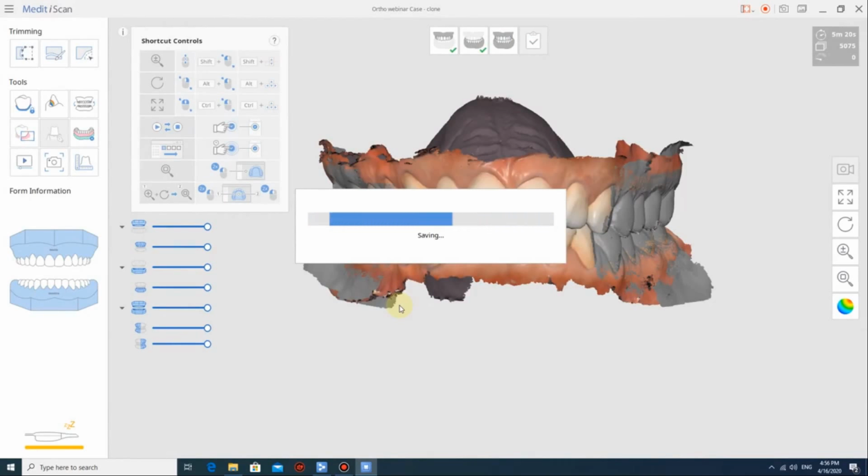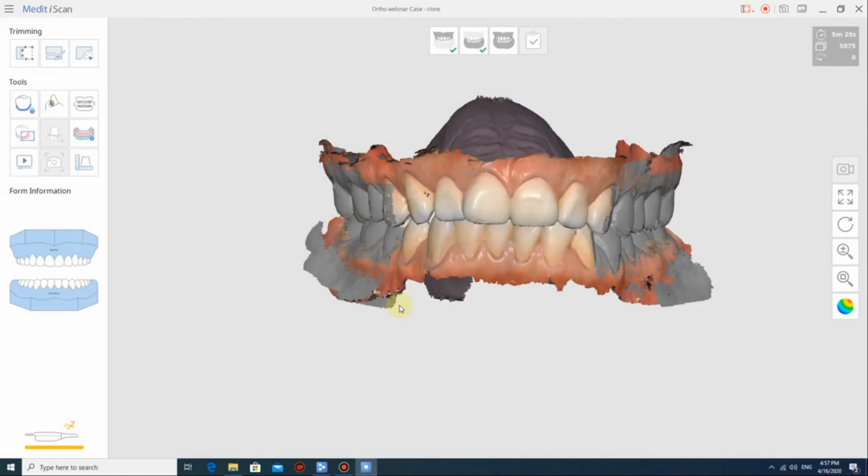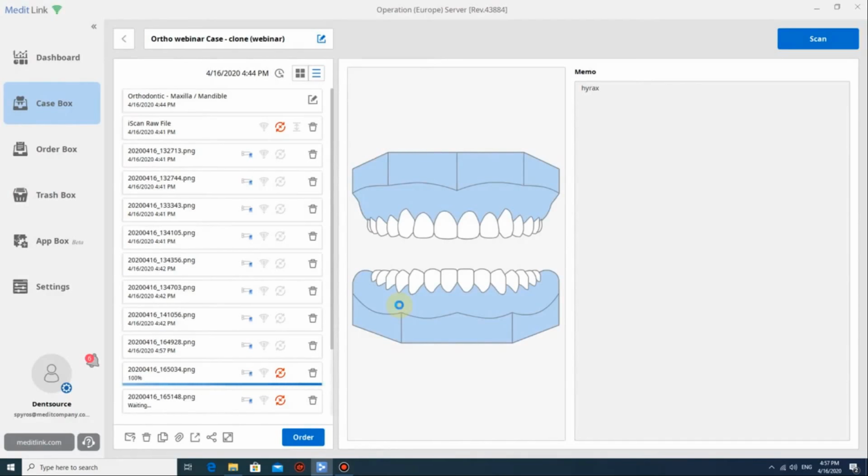and now we will see how easily and instantly you can send your case to the lab through Medit link. Of course, it is also possible, if you would like to export your data, and I will show you how, but we highly recommend to use Medit link, which is free to send the files to your lab, that they have also a Medit link lab account. Okay, they don't need to have a Medit scanner in order to have a Medit link lab account. Okay,